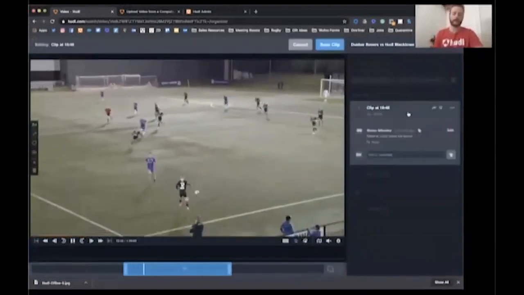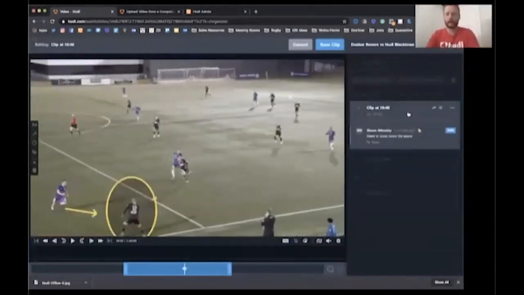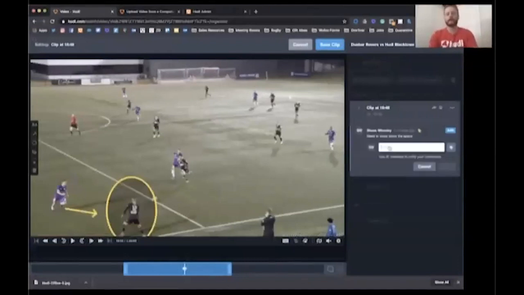I'll show you what that looks like from their point of view. When the video is playing back, it'll automatically get to that moment, like I said, where I added my comment and my drawing. They can then come in and they can say whatever they want, make up their own comment. If they decide to add their own drawing as well, they get allocated their own color. So you can start to build a bit of a dialogue here, and you can see who's done what.